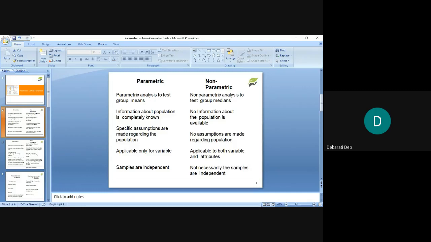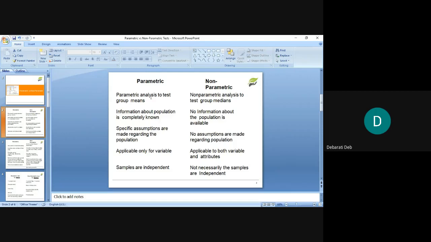One shop is competing with the other shop. So if one shop is keeping these items, then the other shop is also bound to keep these items because they are having stiff competition going on, isn't it? In the market, you can see that similar types of shops sell similar types of items, at a similar price also, isn't it? So that is a perfect competition market. So you can assume things. If you are collecting data from one electronic store, you can assume about the other electronic store, what items it can keep. But while you are applying a non-parametric test, you can have no assumption regarding the population.